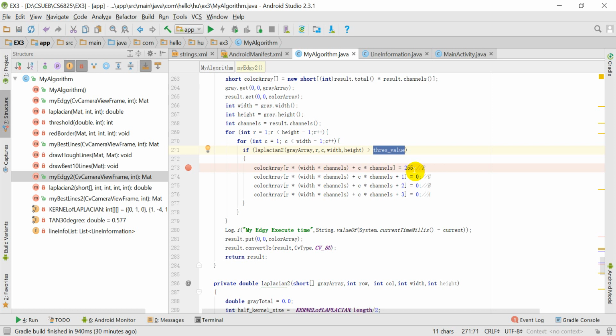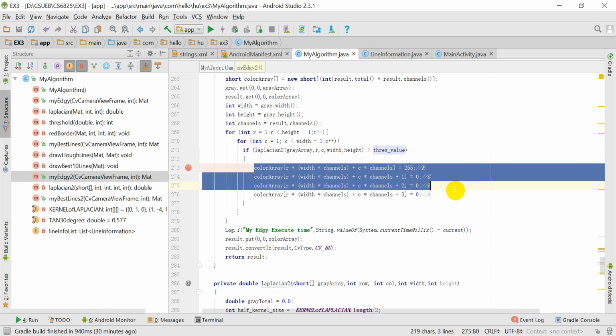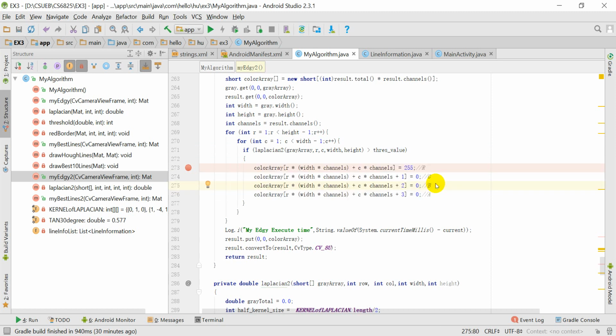If it's bigger than the thresh value, then it seems to have a threshold transformation, but in MyEdge it doesn't need to store it actually. So we just say if the Laplacian value is greater than the thresh value, then we change that color to